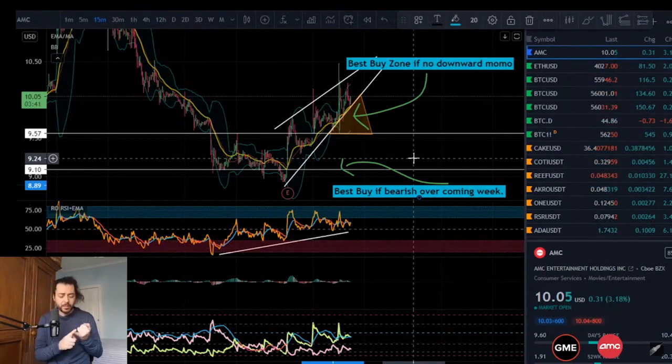I've talked about the price action potentially being in a wedge. If the wedge fails, then it becomes a parallel channel towards the top side, and that represents a best buy in the short term period of time, giving you nice risk management for anybody trading right here, right now. If that actually pushes past that zone, then they tell you where your next best buy price is coming in at. It's around about the $9.05, $9.10 area, and that's if we're bearish over the next week,